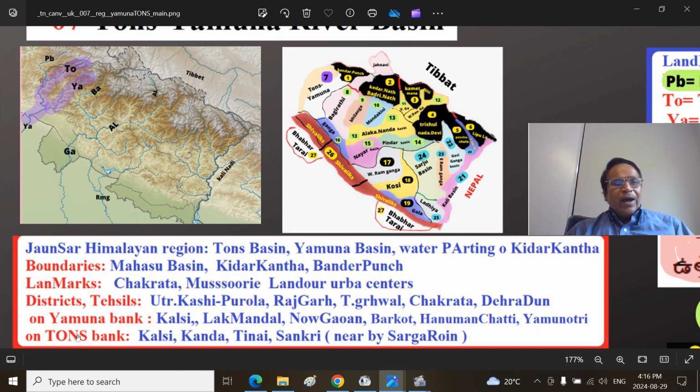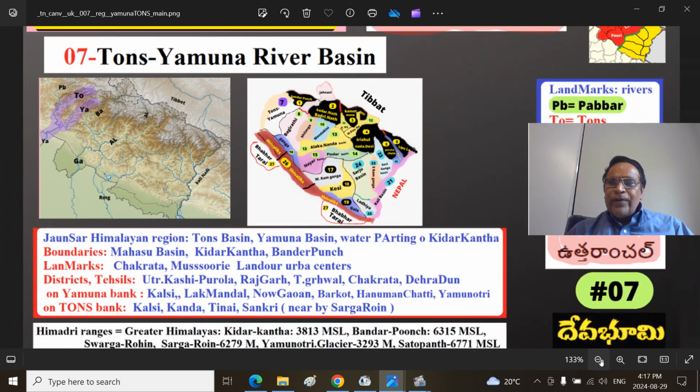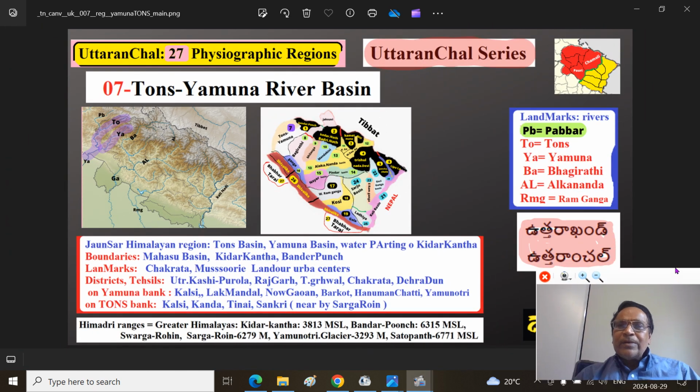At the place called Kalsi, both rivers join. Tons joins Yamuna, but Tons brings more water at that point than Yamuna. On the Tons River, you have Kalsi, Kanda, Tinai, Shankri, near the Swargarohini area. This area is brief; we will look at the maps, and you can pause here